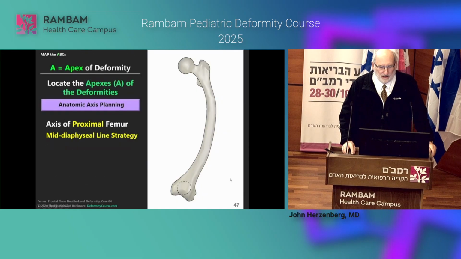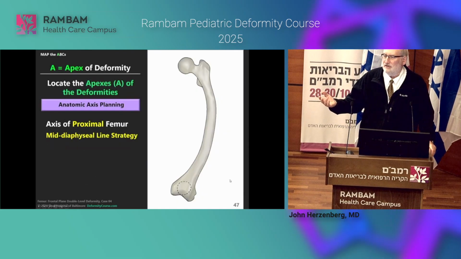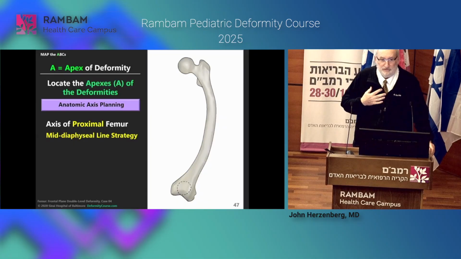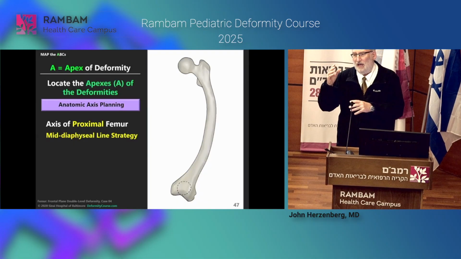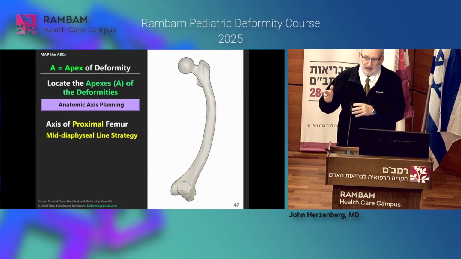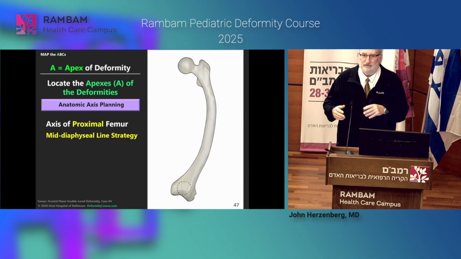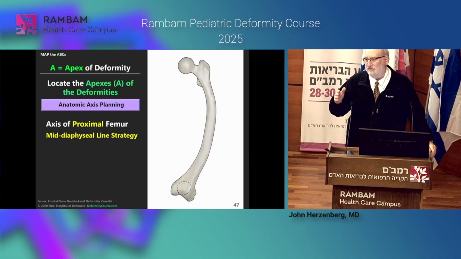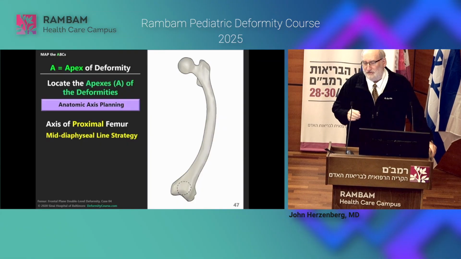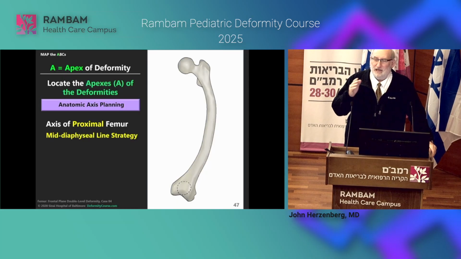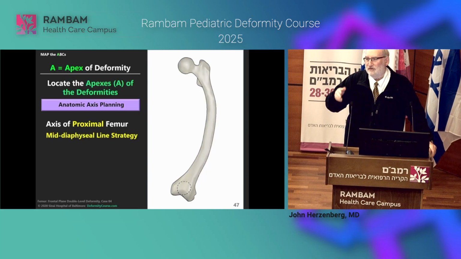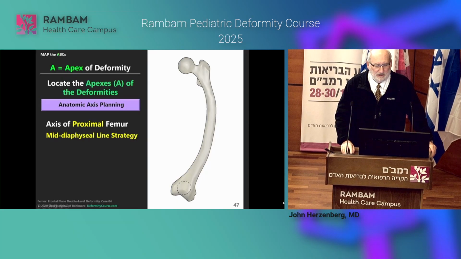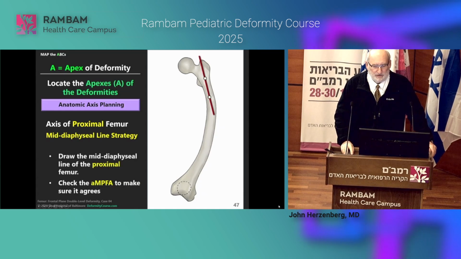And I'm going to show you, he showed you mechanical axis planning, but I like to use rods, IM rods. And if you're using IM rods, your rod has to go through the center of the bone. So it's a little bit better and easier to use a method of planning where you're drawing your lines in the bone where the rod is going to go, instead of mechanical axis, which is in the bone distally but outside the bone proximally. So we can do anatomic method planning.